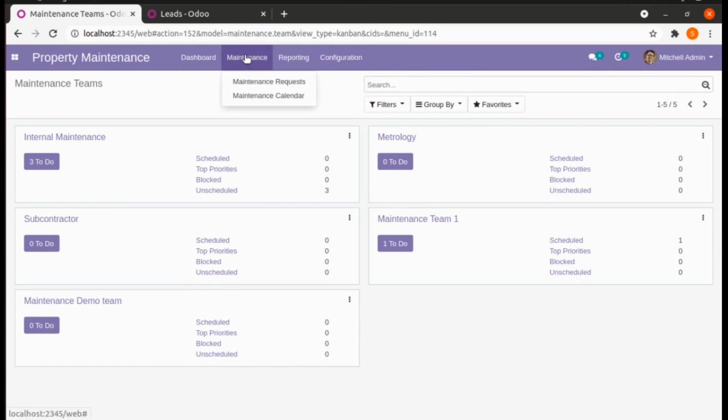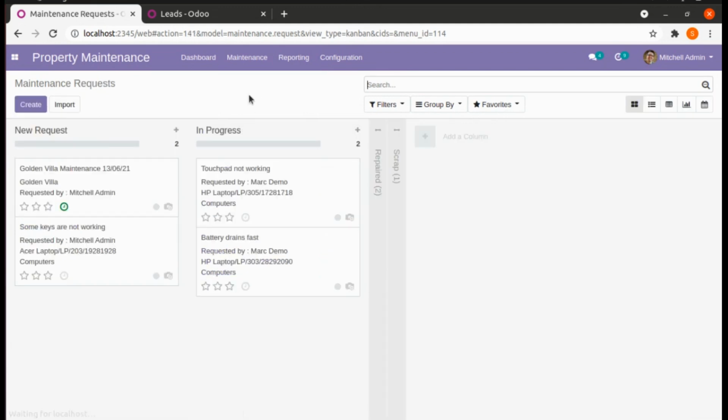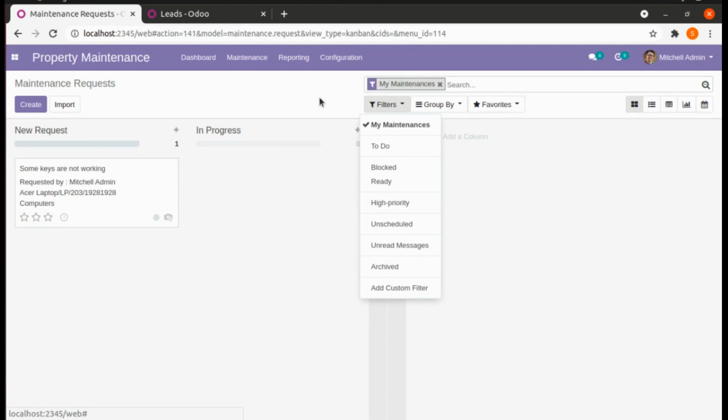Under maintenance, there are basically two tabs. The first one is maintenance request. When we click on that maintenance request, we will be shown a Kanban view of all our maintenance teams. Here on filter, you will be able to look at a number of different filters. Like if there are any maintenance requests for a particular user, he will be able to look at them.